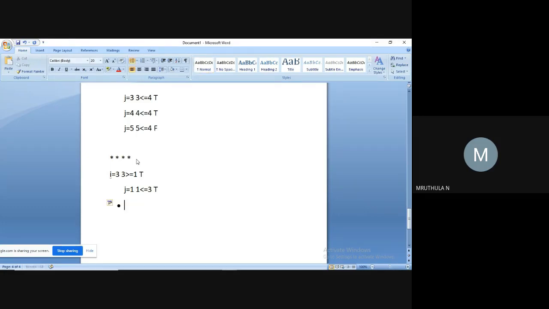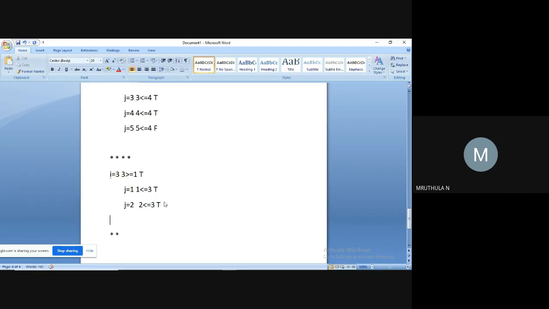It prints a star and some space. Again, the closing brace of j. So j is equal to 2. It checks whether 2 is less than or equal to 3. Condition true. So again, it executes the body of the j for loop, System.out.print, sorry, print not println, print star.